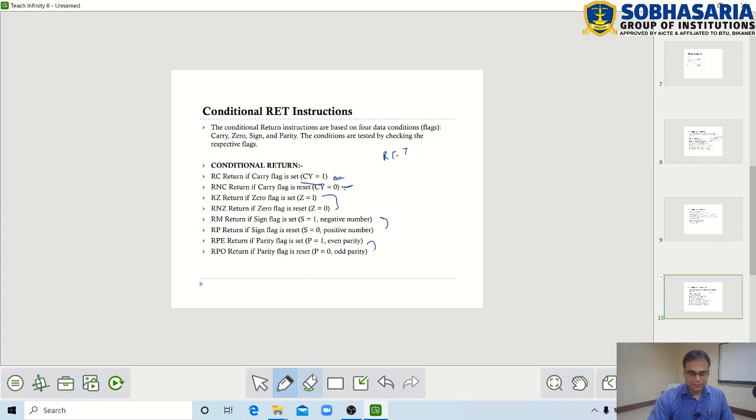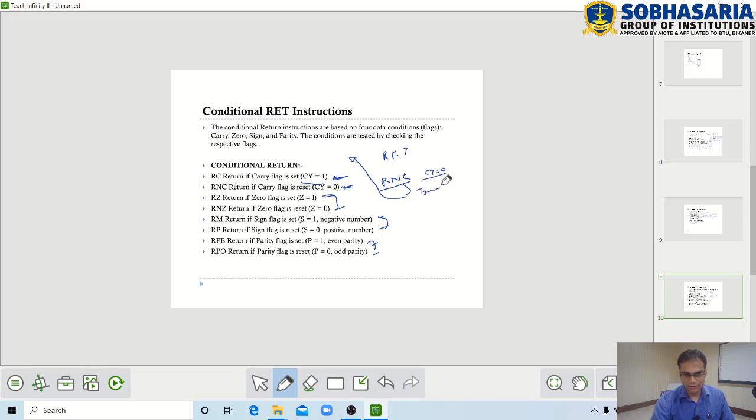Similarly with return, the conditions can be used with the carry flag, zero flag, sign flag and parity flag. If at the end of a subroutine we write RNC, it will check whether the carry flag is 0. If the carry flag is 0, the RNC instruction will transfer the execution back to the called location.